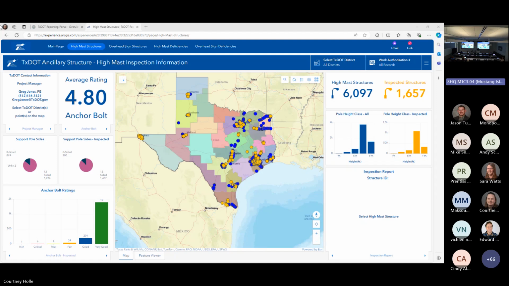There's an inventory part where we get our inventory with a LiDAR truck. The LiDAR truck basically just drives through the roadway, and they can get all kinds of information. They get the location. They can get dimensional data, like for a high mast pole. They can tell what the height is, how many sections it has, how many sides the pole has, and whether it has a ground sleeve at the base plate or not.